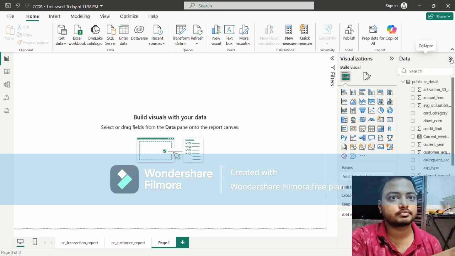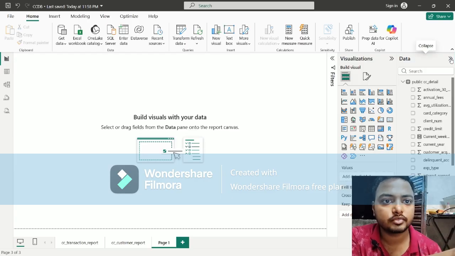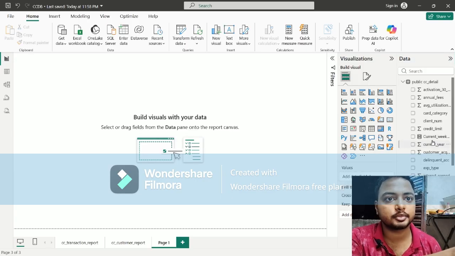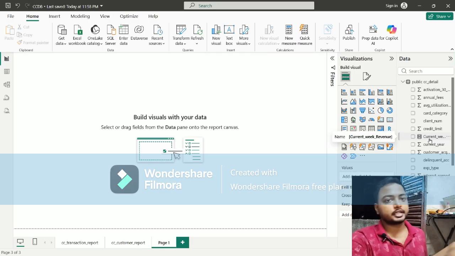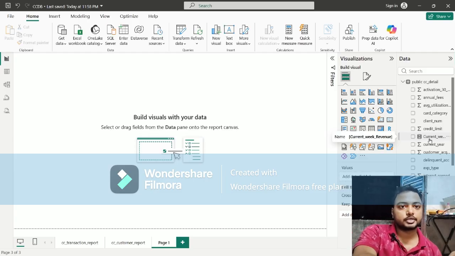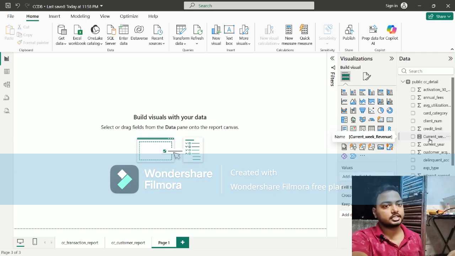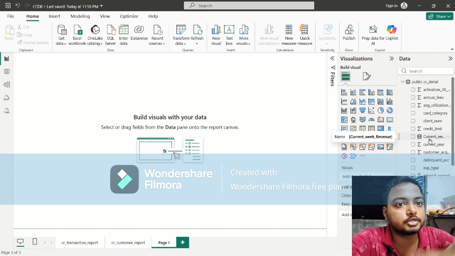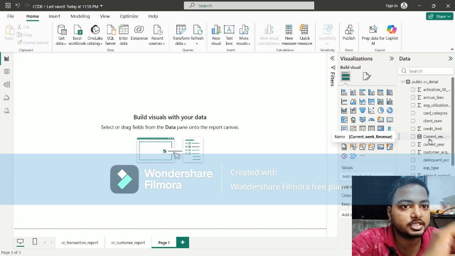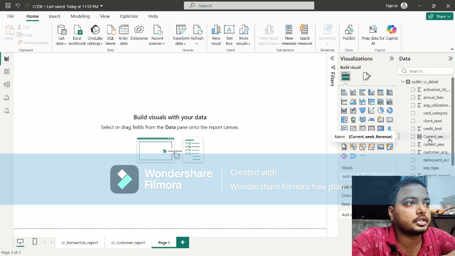go to the data. I've created two measures, current week and previous week, in the public CC detail. Now we have to use them for the week on week percentage change. Why have we created these? Because we have to use them for the week on week percentage change. So let me do this. So how can I measure this? Let me